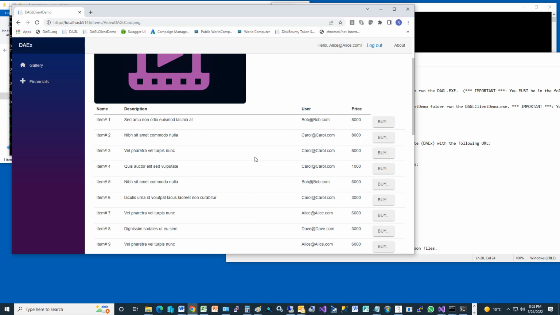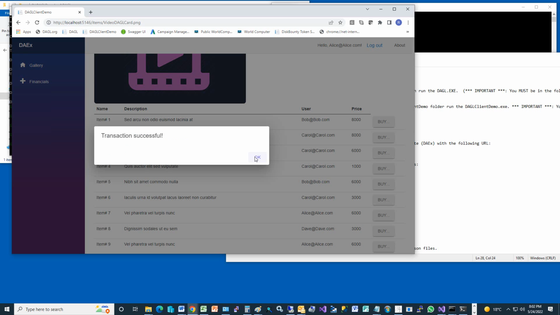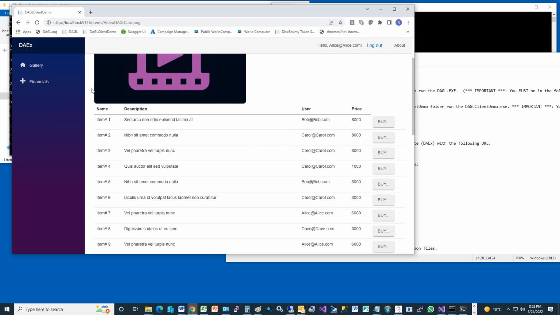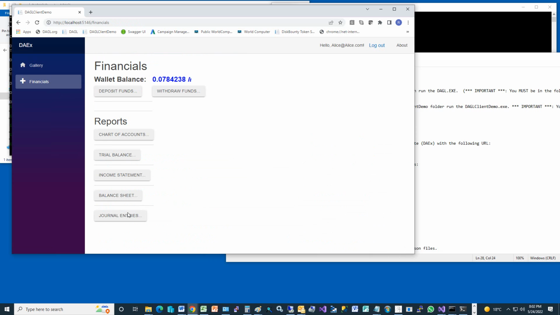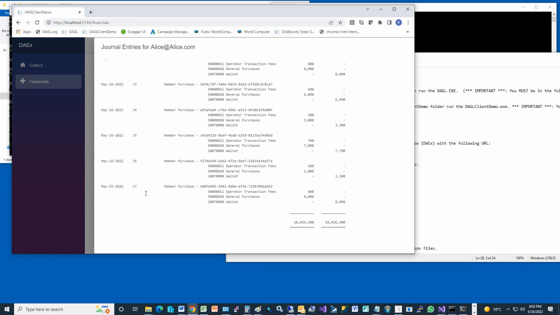So she's going to say confirm, and there in that moment, that purchase has taken place in real time. And what actually happened? Well, to see what actually happened, let's go back to our financials, and we can go look at a journal entry. And we can come down, we can see this is the latest journal entry, and you can see that she's made a purchase for $8,000. She paid $800 in fees, and therefore her wallet was deducted a total of $8,800. And that's a full journal entry, dated with a unique identifier, posted to her account. Moreover, these accounts, operator transaction fees, general purchases, wallet, they live on the Hedera distributed ledger, and they've now been